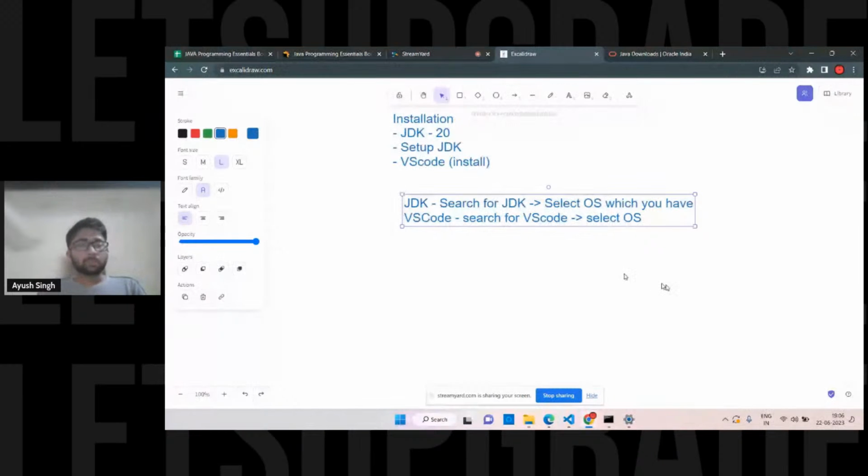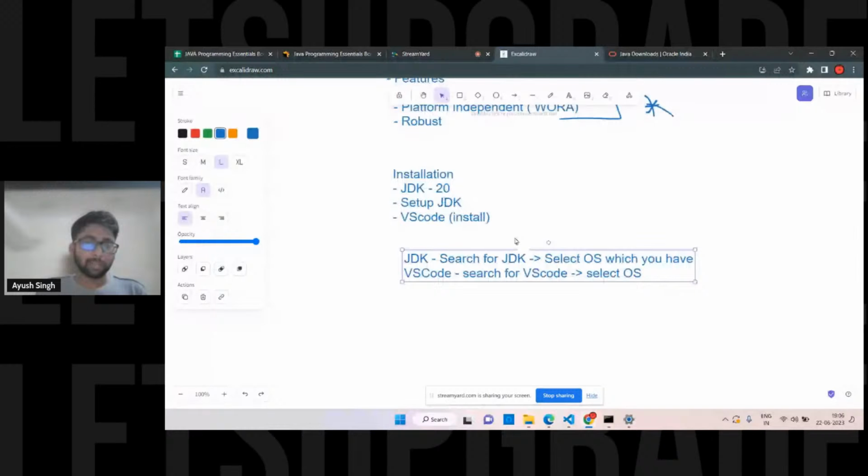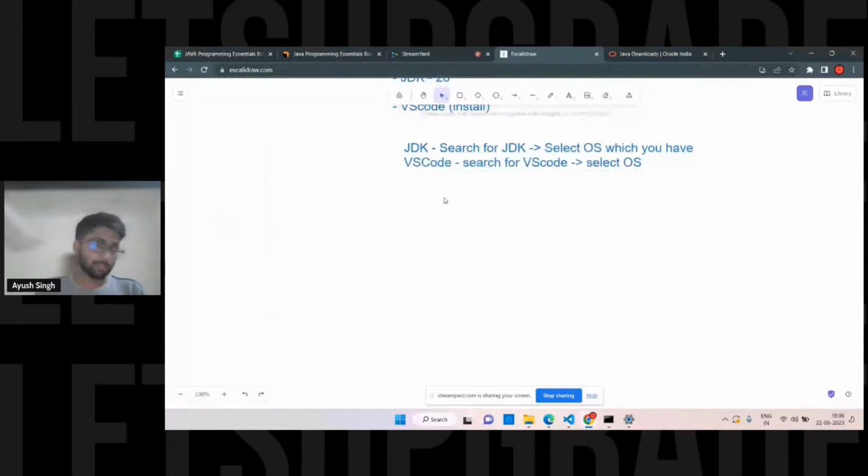See, Java gained popularity just because of this platform independence, right? That's why Java is so famous and it's been used in industries for a long time. So just go for the MSI part and see the features. We have some OOPS concepts we are going to see afterwards. Simple syntax we have. Okay, it's case sensitive, you already told me.